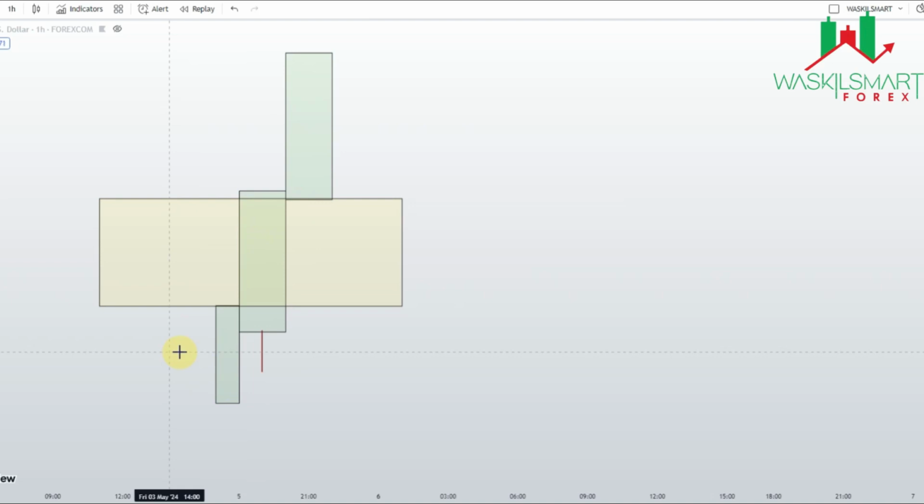So there is a high probability that the market is going to come back to that zone, not just to close it, but to trade inside it. It is an imbalance, which means that at that zone the market is imbalanced. I hope you understand. If the market is imbalanced, then some hedge funds or market makers need to come back to balance that place.